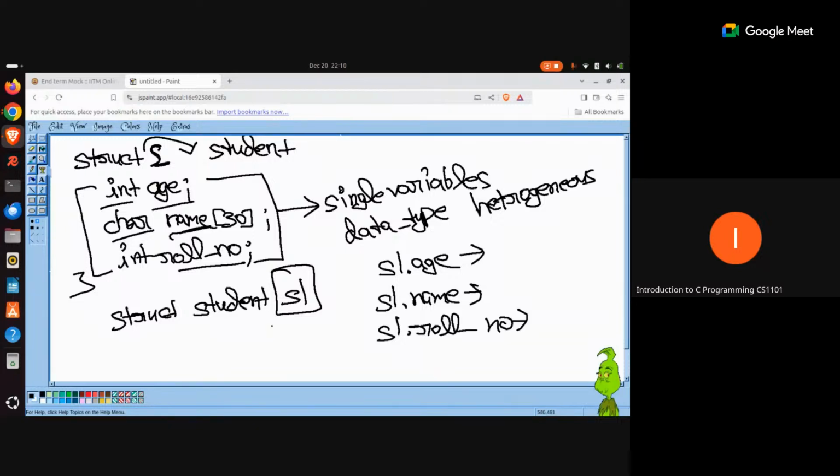Now, what you are able to do is, in the same single variable S1, group the logical data, because user data should be stored together with the other user details. You are able to achieve that requirement here, because you are able to store all the relevant user information in the same variable, which is this structure. This S1 variable will be able to hold age, name, roll number, address, or any other attribute that you can probably have in the future in your system.